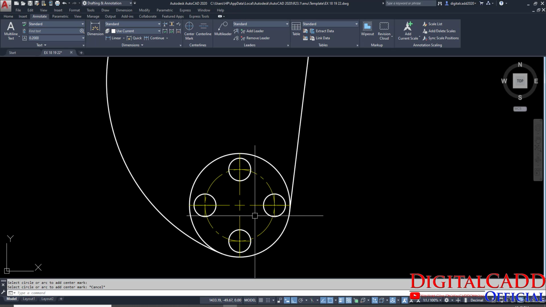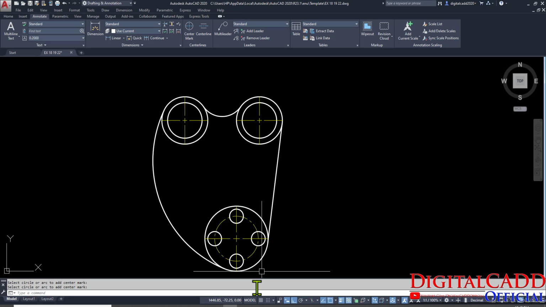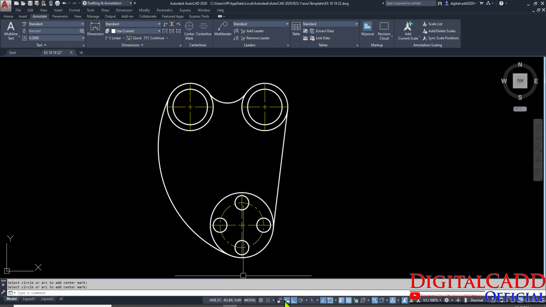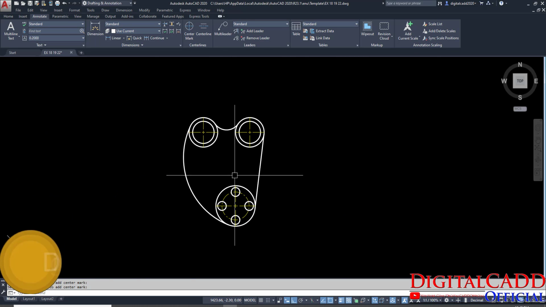So that's all. Suppose Ctrl Z, again do it again, select and select. That is enough for us. So here you can see everything is clear. We have clearly made this drawing as well as this drawing. Okay,